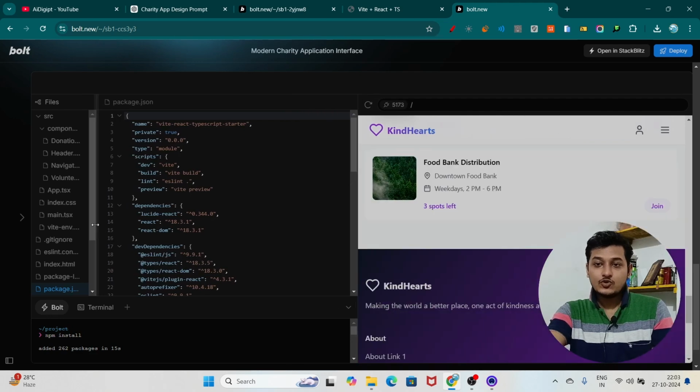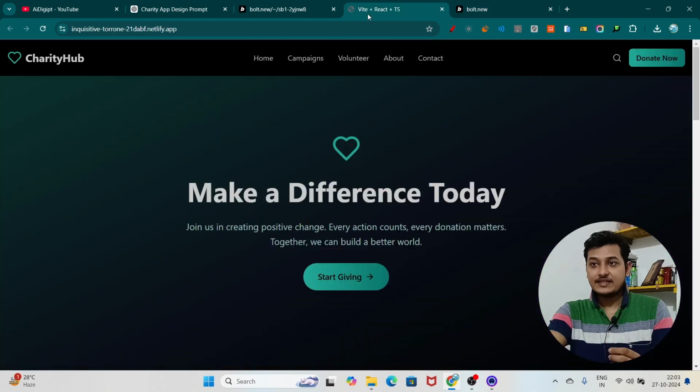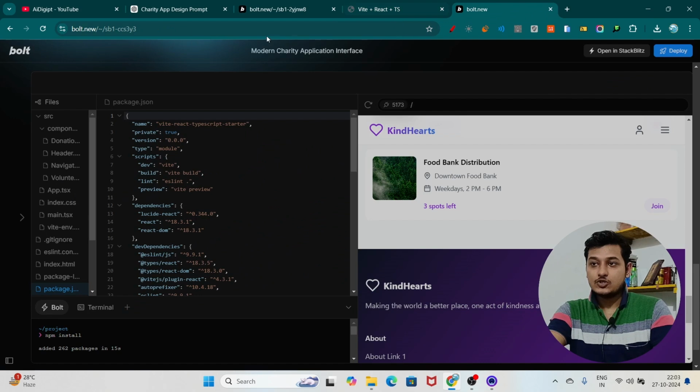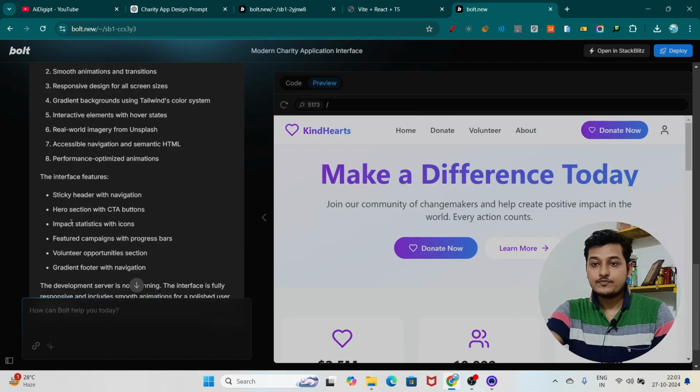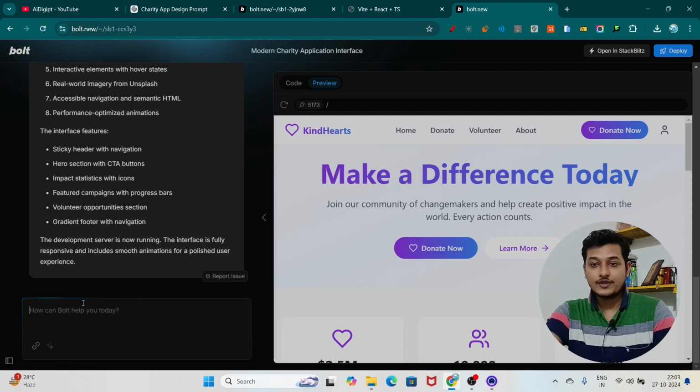Now what I will do, suppose you want to apply a gradient effect like we already applied here. What you will do, just copy this website name, Bolt.New, because I want to apply the gradient background like Bolt.New. Just go to this prompt section, and now tell this